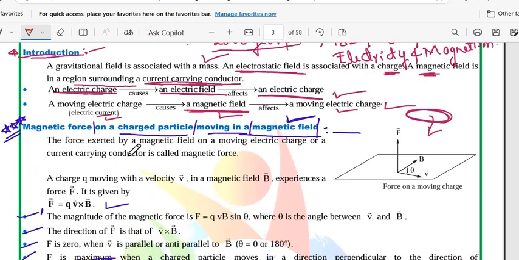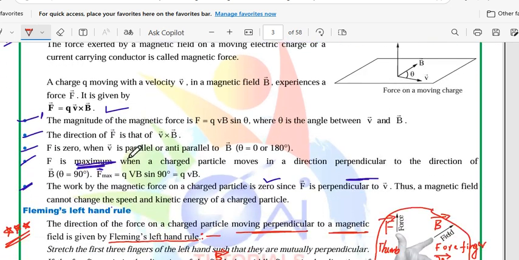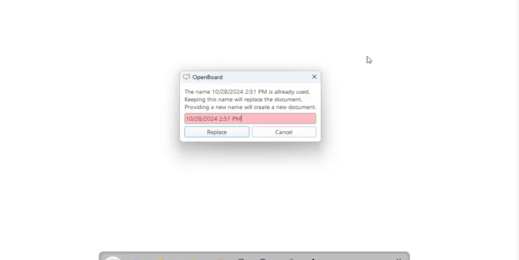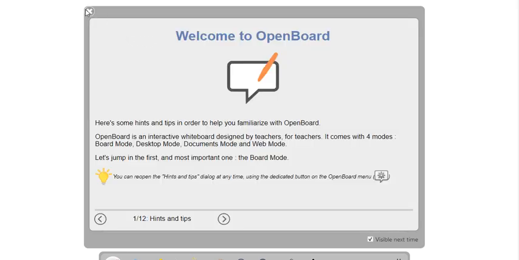And I have discussed here the magnetic force on a charged particle moving in the magnetic field. There are some cases. Let us discuss one by one. Suppose I have told you that